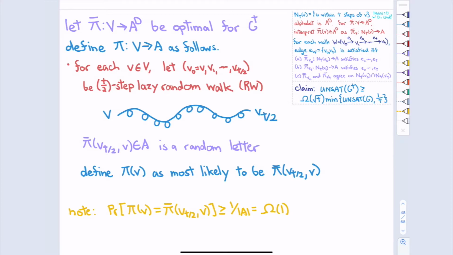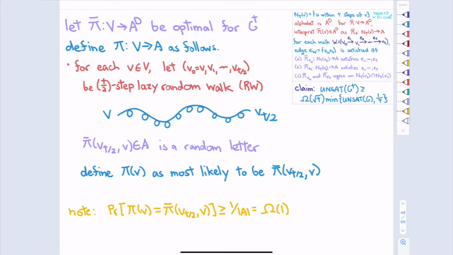I want to show that if the derived label pi makes a lot of mistakes, then pi bar must make a lot of mistakes as well, a square root t factor greater. So how do we derive this thing?